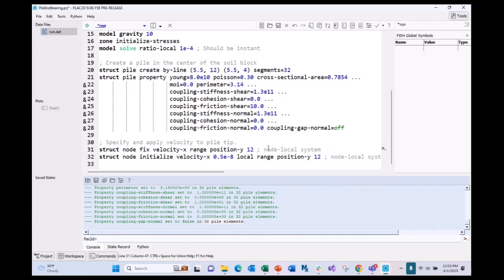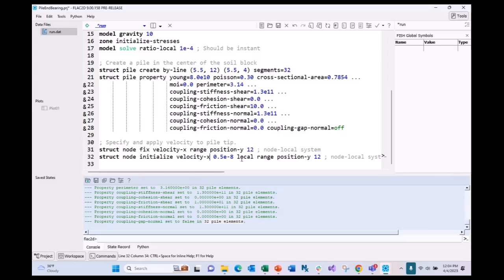So if you don't do that, if you just issued this command, say we just issued line 32 here. We want to initialize the velocity. You could do force as well, but in this case, we're just going to do velocity to a value of 0.5e-8 units per second, whatever units we're working in. If we did that, it would start to move, but then the forces resisting it will